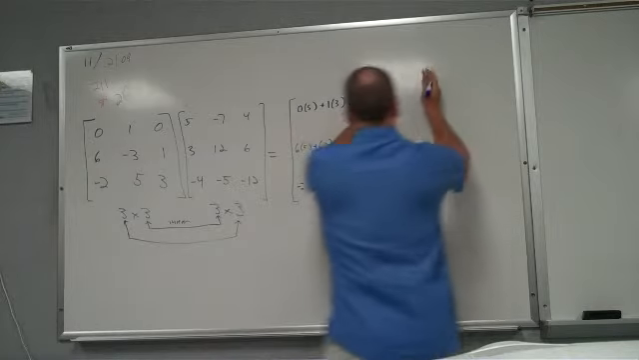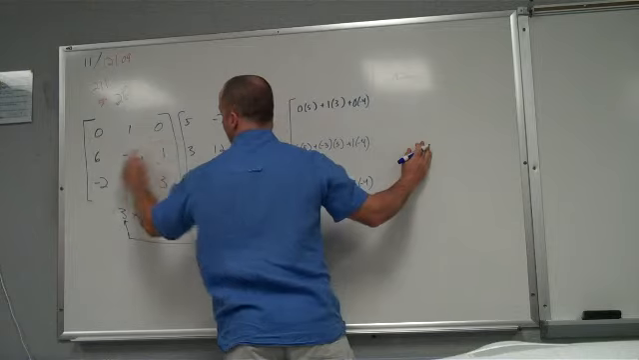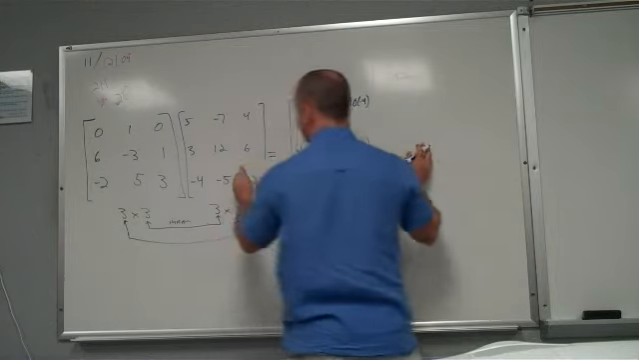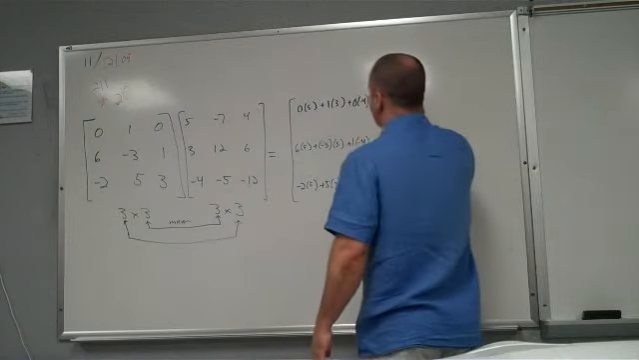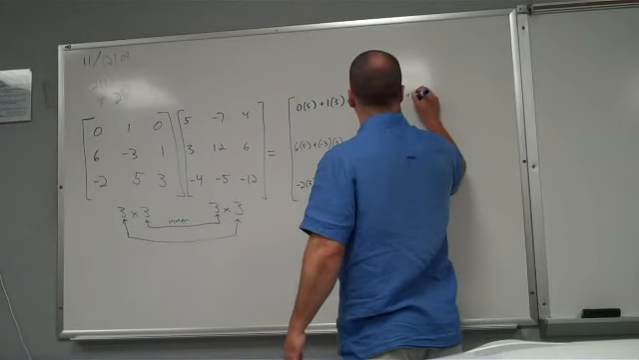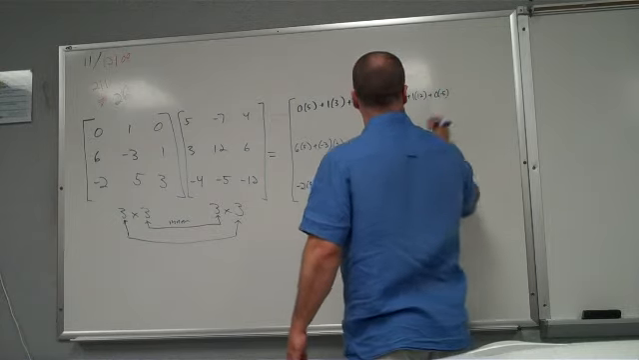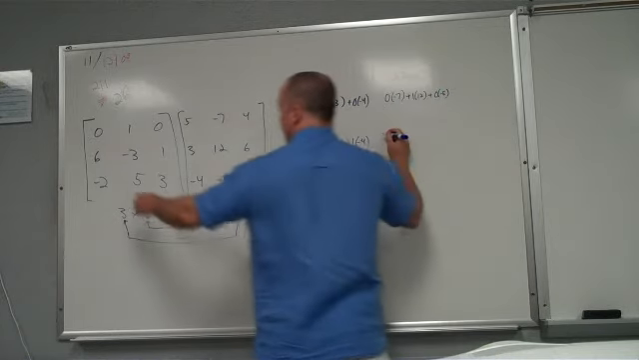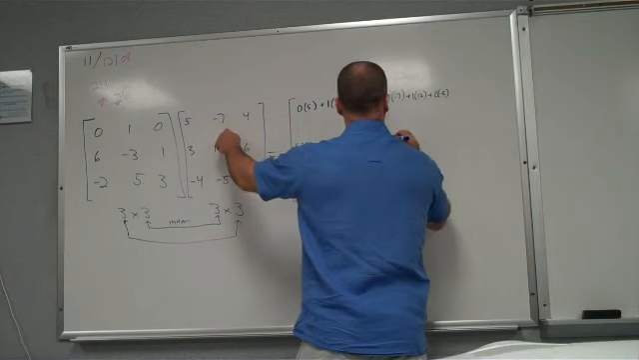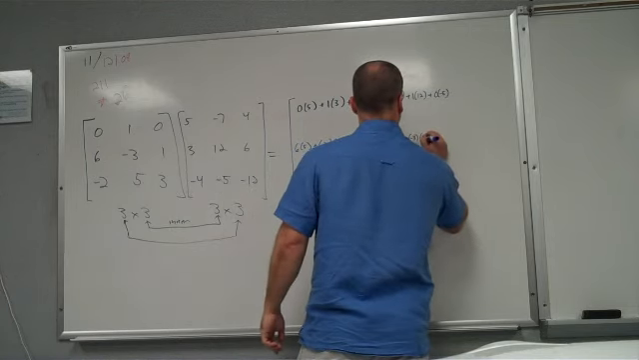Now for the middle column of my answer, I'm going to multiply rows 1, 2, and 3 by the middle column of what I'm multiplying by. Are you going to have 3 sections there? Yes. 0 times negative 7 plus 1 times 12 plus 0 times negative 5. I got it. Yay! 6 times negative 7 plus negative 3 times 12